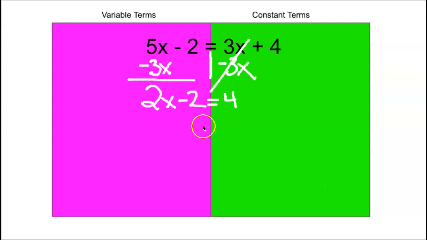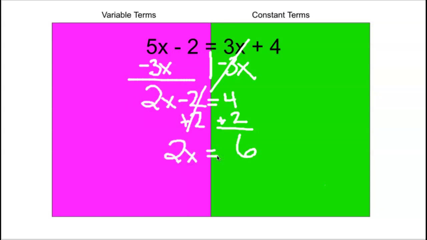And now we want to bring all of our constant terms to the right side. So again, we're going to do the inverse operation. So the opposite of subtraction is addition, so I'm going to add 2 on that side to get rid of it. And then the same thing on this side, add 2, 4 plus 2 is 6, and I'm going to bring everything down. So my 2x